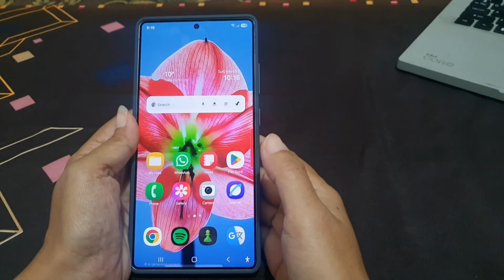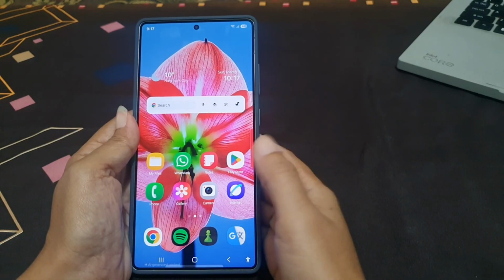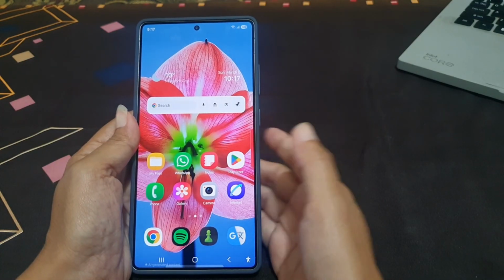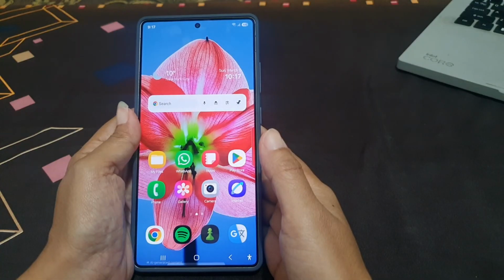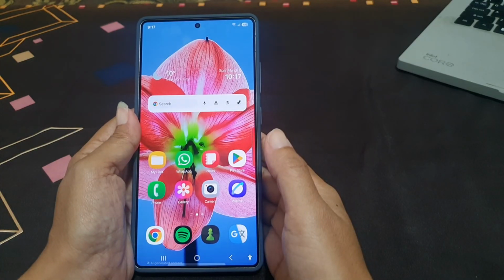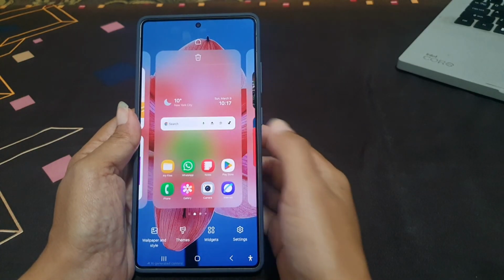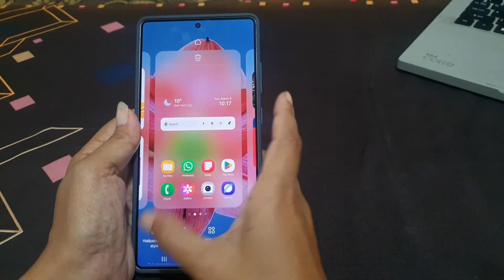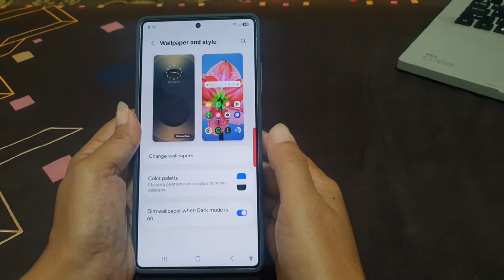To set a graphical image as your home screen wallpaper on Samsung Galaxy S25 Ultra, long tap an empty area on your home screen, and then tap Wallpaper and Style. Tap the home screen thumbnail,